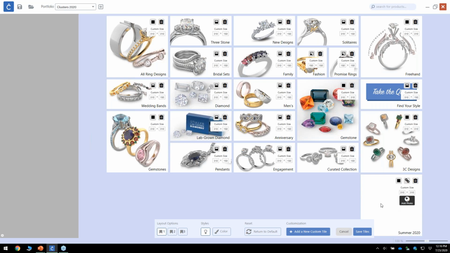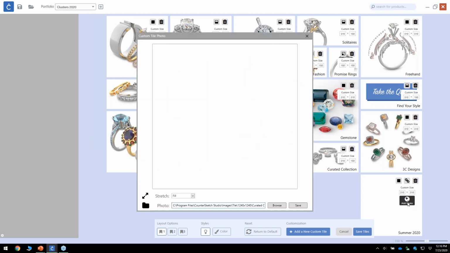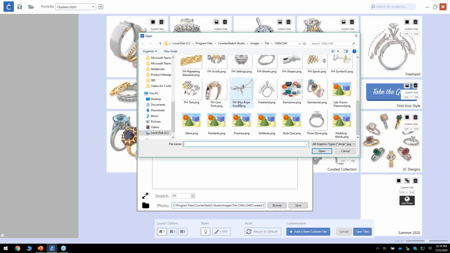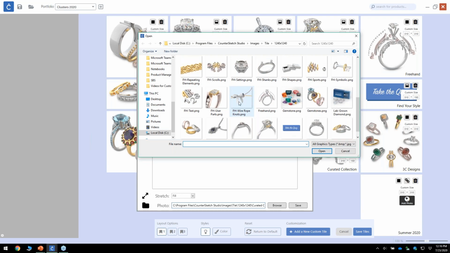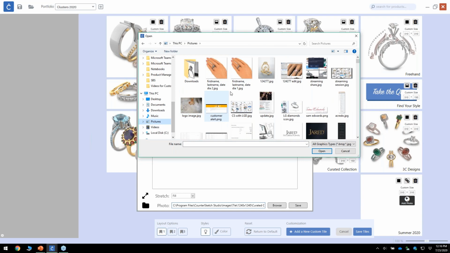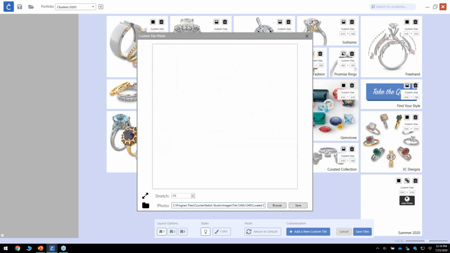And I also want to add a photo to this so it doesn't look plain and empty. I want to add something that will help my customers see that that's special and uniquely created for them. So I left click on Add Photo, and then I can click on Browse to browse my computer to find an image that I'd like to use. Now we do give you some stock images from CounterSketch that you can choose from if you'd like to use one of our images, or you can go to your own pictures and maybe select a logo image